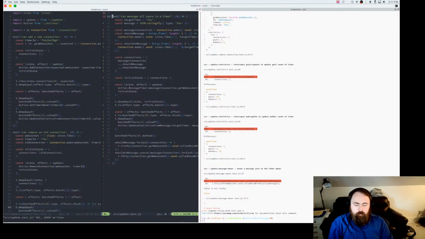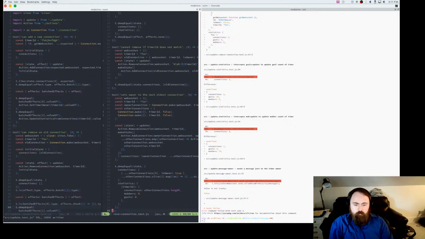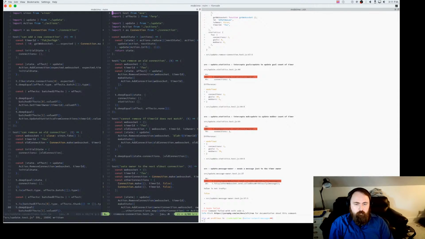Cool. And then I want to see what's inside remove connection. So we've got a couple tests in here. I'll keep these separate for now, and then once we get them running, we'll decide, because I think some of these have some old conditional logic that isn't the same anymore.